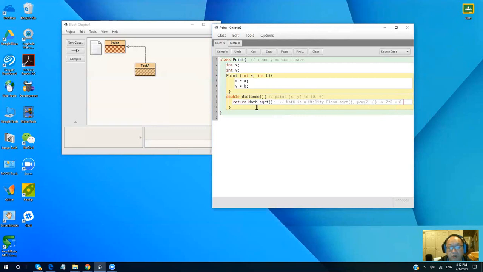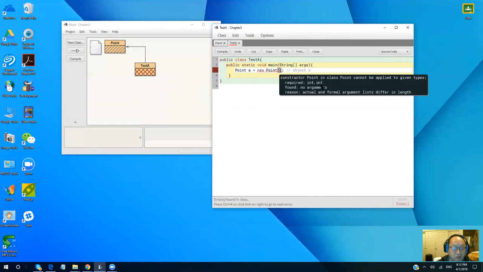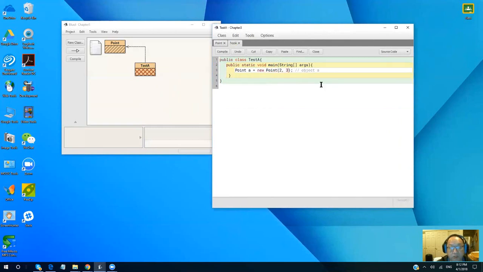And this one is called square root. With square root, you are taking the square root of the content in here. What I want to do is x times x plus y times y, right? So that becomes the distance. Here I set the data, I assign A to X and B to Y, and then I calculate the distance, and let me compile it. Right here I'm missing something, so let me put 2 and 3 into here, and I compile. It passed now, right? Then the next thing I want to do is